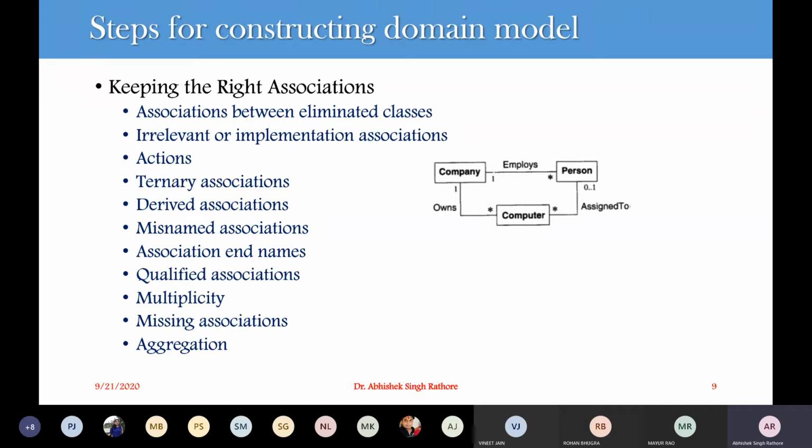Now the third criterion while keeping the right association is that we focus on our derived classes. When we are omitting an association, it can be defined in terms of your other associations, because they are redundant. Let's take an example where we have derived classes. A good example is that I have a grandparent and I have a parent. So grandparent of is a relationship. Again we have parent of, again an association relationship.